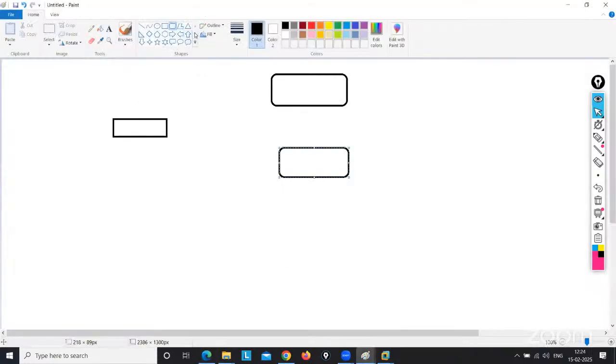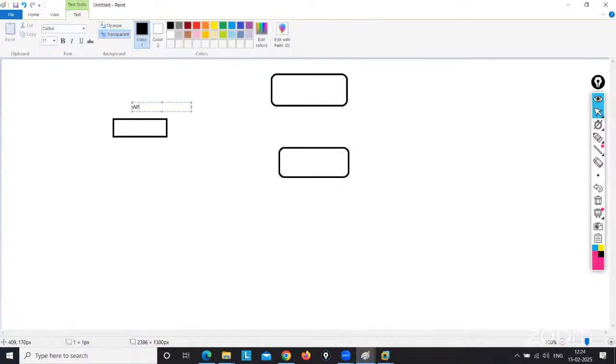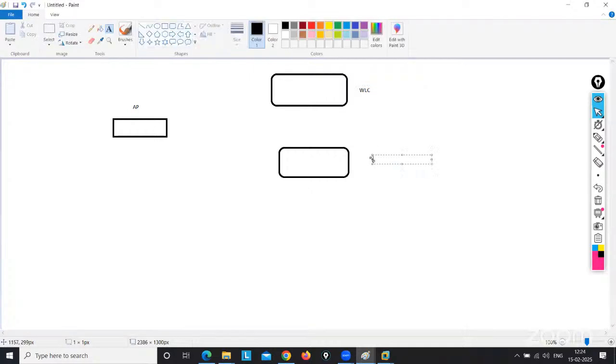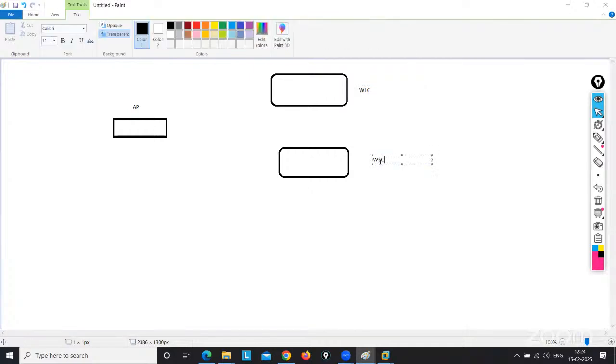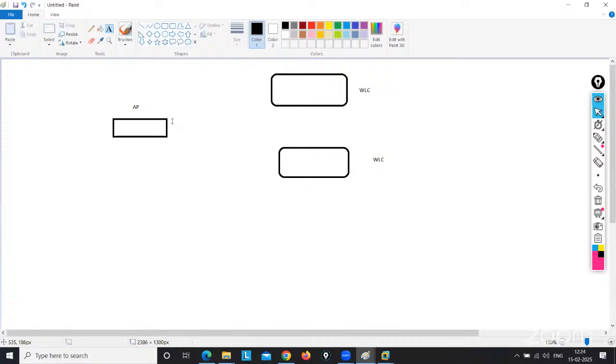Suppose this is the access point, and this is the WLC. Now my concern is that this access point is not joined with the WLC.